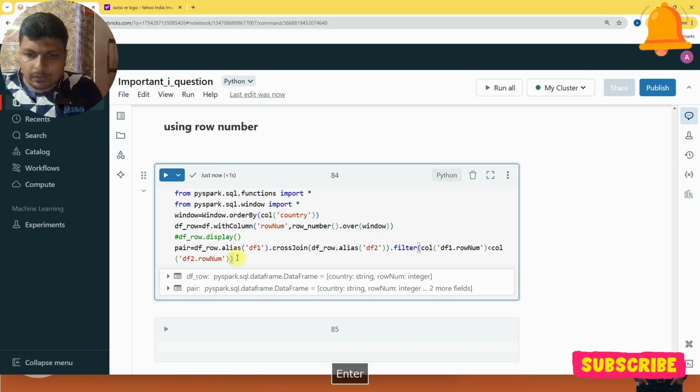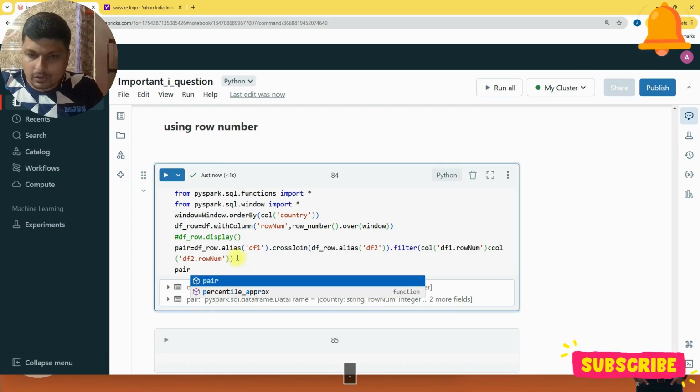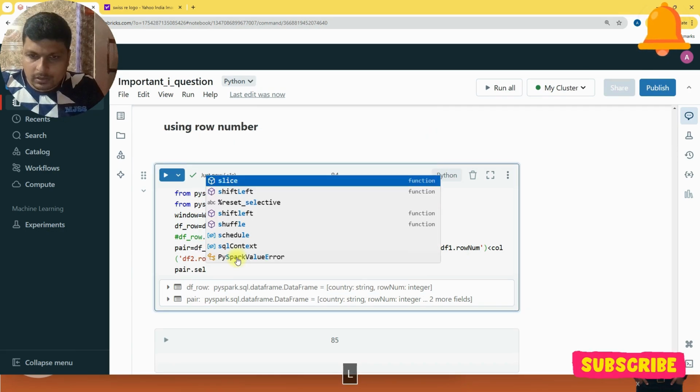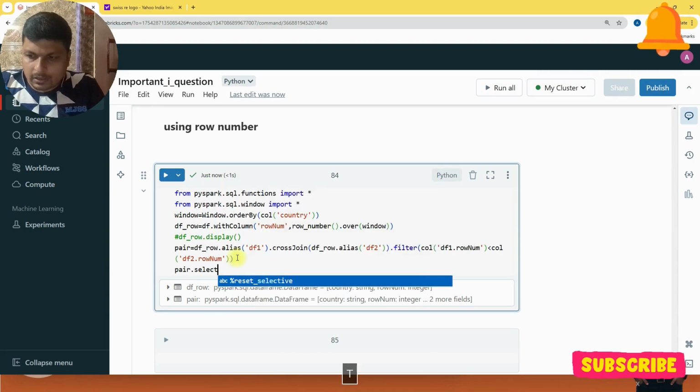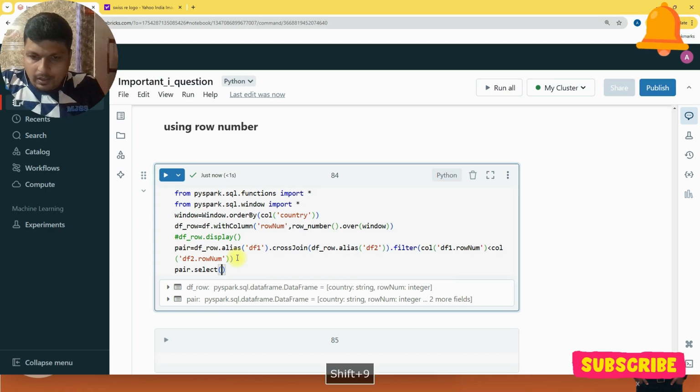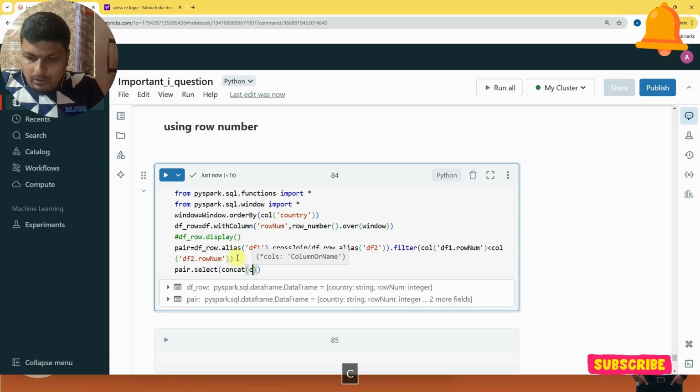So here, pair.select. I will use a concat in the select. I will give the column name. What column name do I want to give? A country one. The column name I will give is